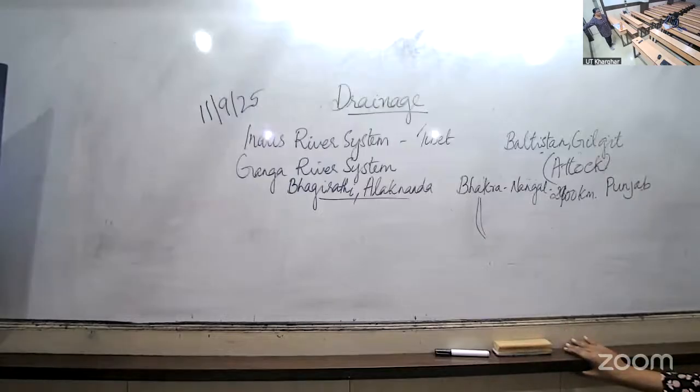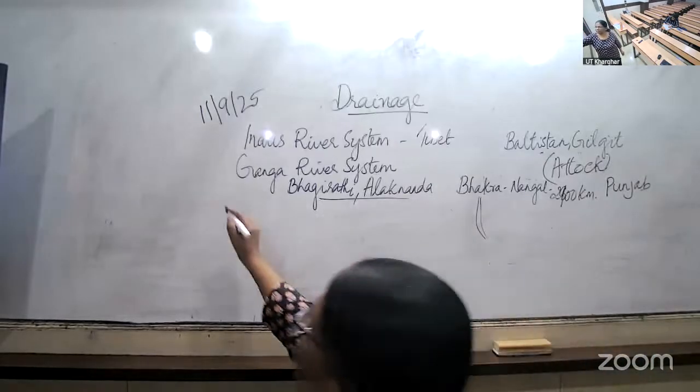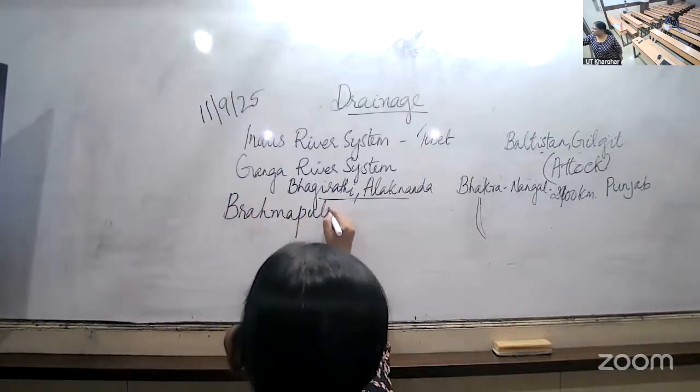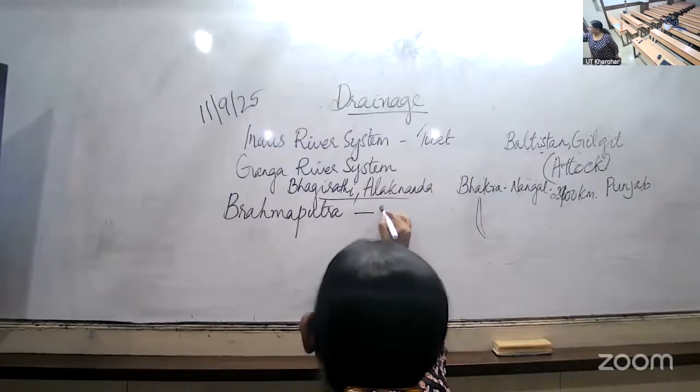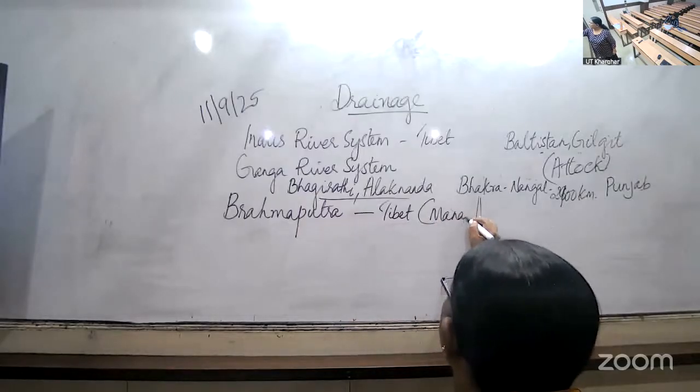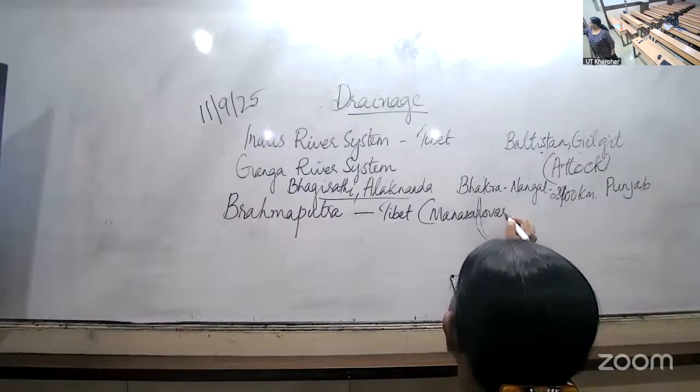Brahmaputra. The Brahmaputra river system. The Brahmaputra rises in Tibet east of Mansarovar Lake, very close to the sources of the Indus Basin. It is slightly longer than the Indus, and most of its course lies outside India. It flows eastwards parallel to the Himalayas. On reaching the Namcha Barwa, 7,757 meters, it takes a U-turn and enters India in Arunachal Pradesh through a gorge, where it is called the Dihang.